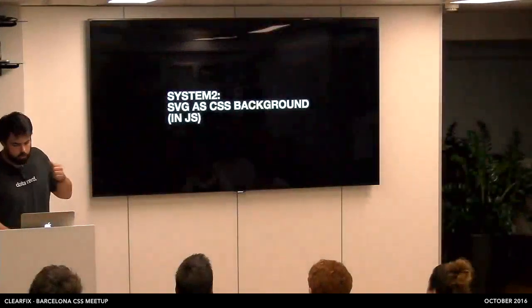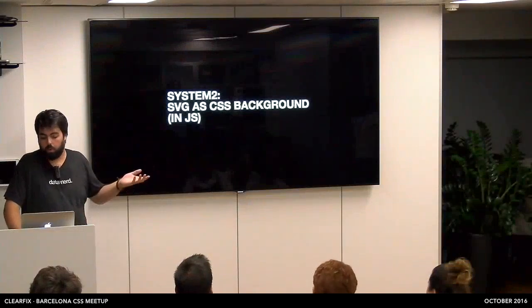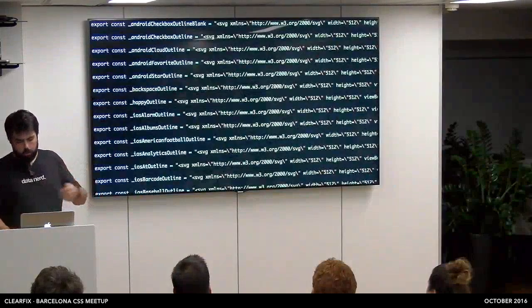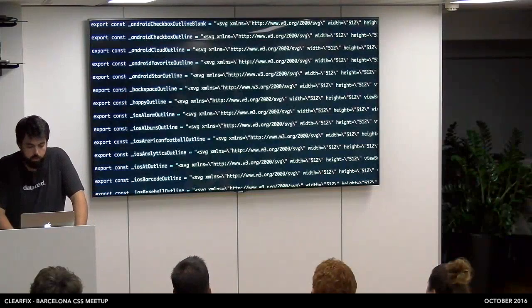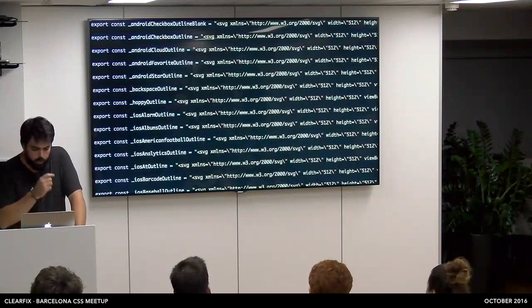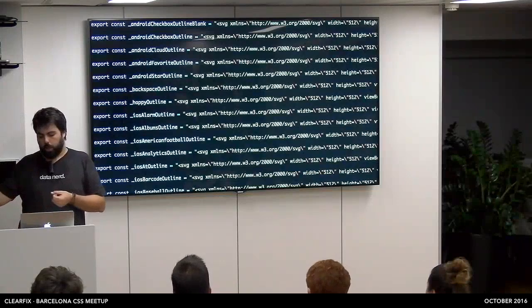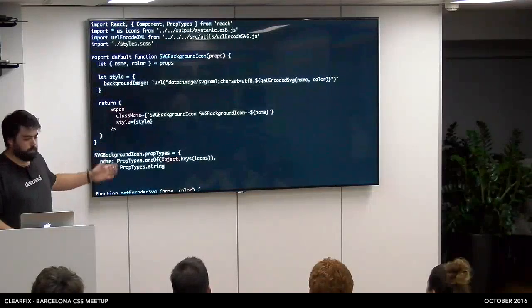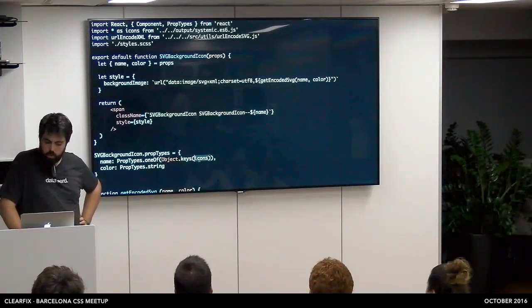And the last one, this is short. This is if you are building React components or something like that, you might probably want to use that technique. It's basically instead of generating a template and injecting it in CSS, we could just generate a JavaScript module which exports any icon as a string. The good part of that is in the future with this tree shaking concept, you will just get in your bundle the icons you use. And how we use them, it's basically another React component which receives two props. The name, which could be any of the keys in the icons map,